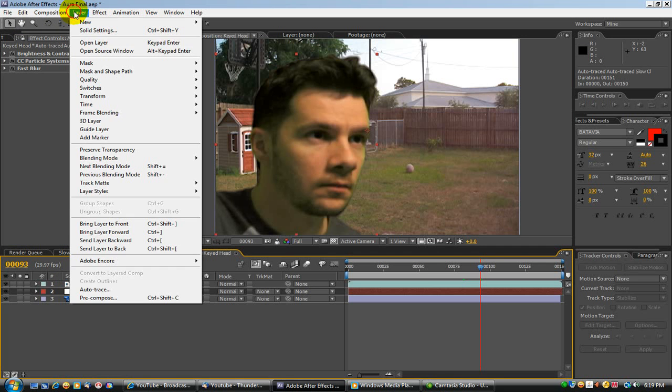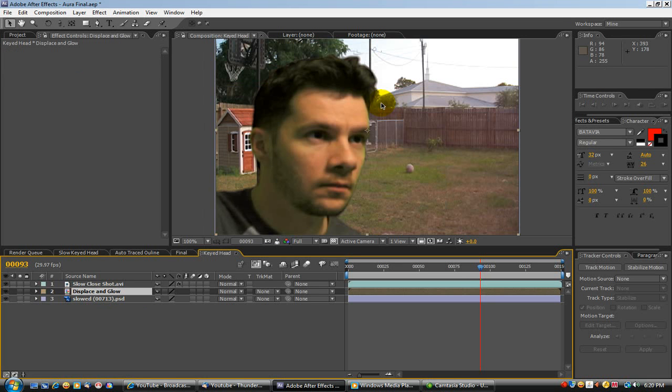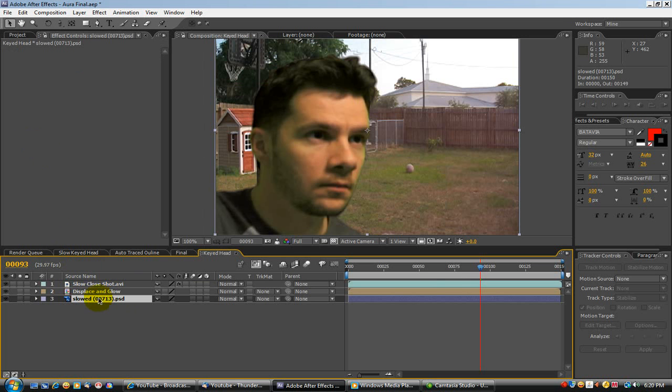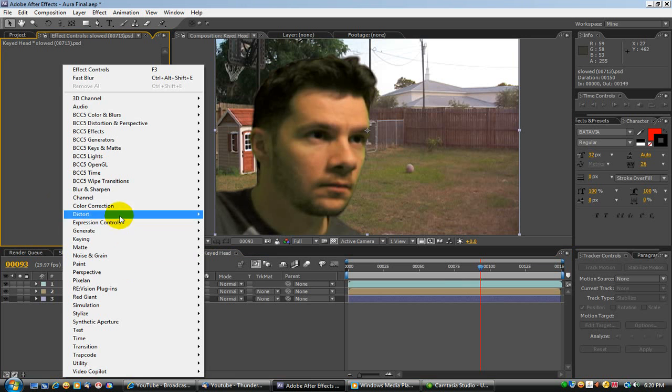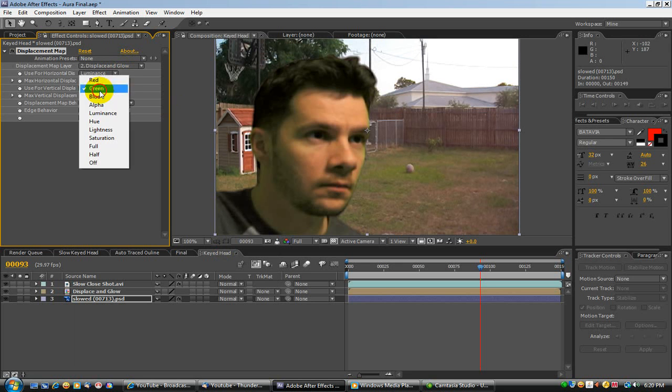So let's select it, layer, pre-comp, make sure we move all attributes. We'll just call it displace and glow. Good. Now we can take this background and go to distort, displacement, set it for displace and glow, luminance,